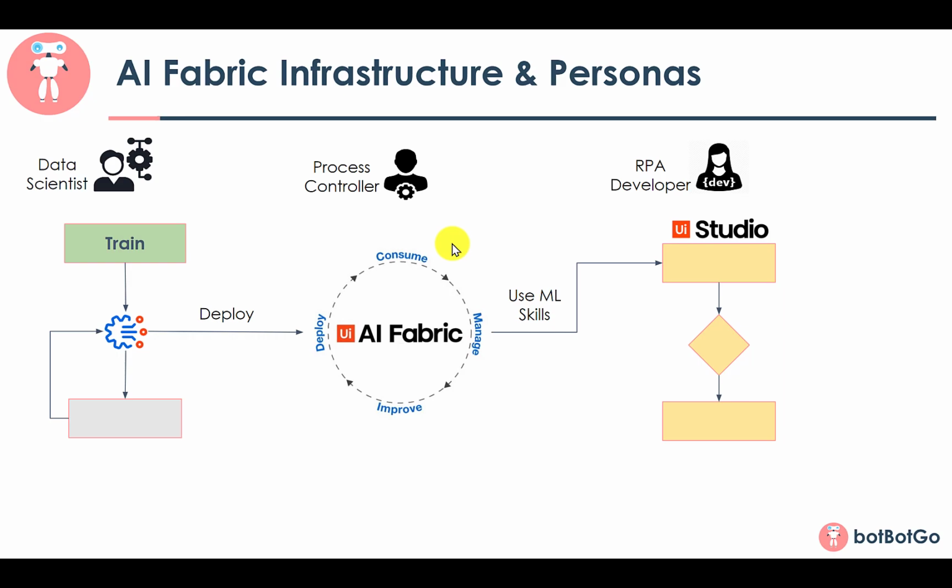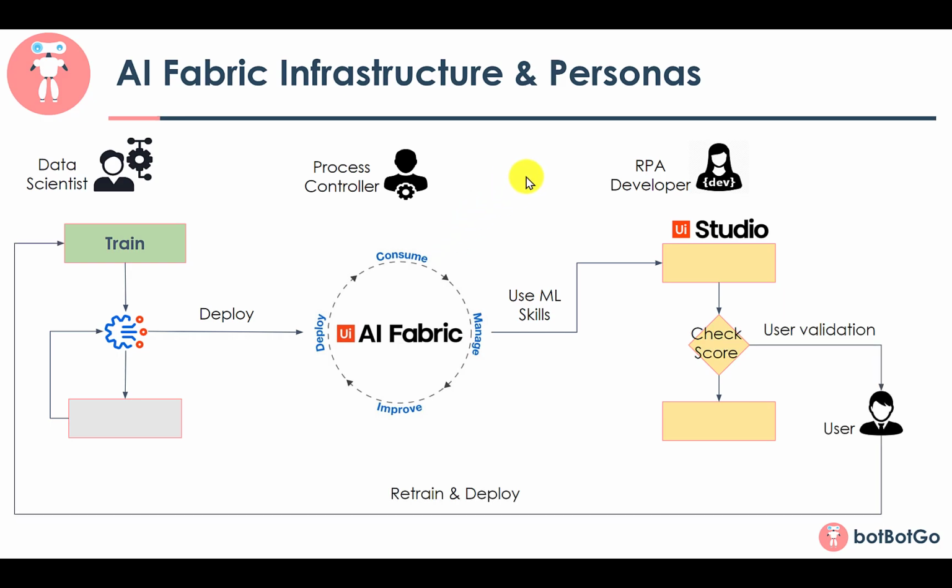What you see here is enough to make your robot intelligent in order to make decisions depending on the ML skills. But then there could also be scenarios where the confidence score of the prediction is not as good as it's supposed to be. You could set up a threshold for this confidence score. Whenever the score is less than the threshold, you can involve a validation station wherein instead of using the prediction from the ML model, you're asking the user to make the prediction.